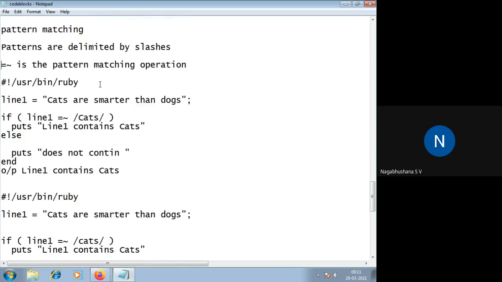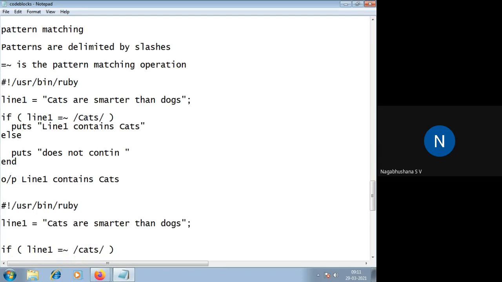Here you have line1, which is a variable that contains some text: cats are smarter than dogs.